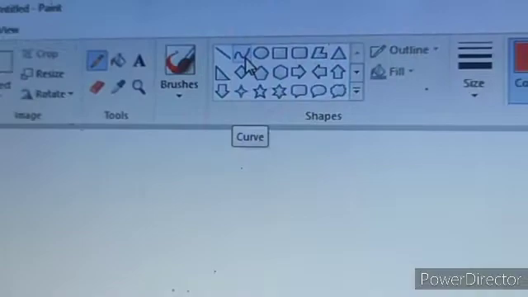Second one is the curve tool. Curve tool is present in the shape group. This is the curve tool. Click on this. So look, the pointer was like a pencil and now the pointer is like this. Whatever type of curve you wish to draw, first it will be a straight line.